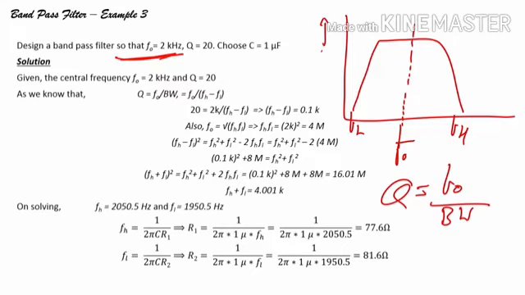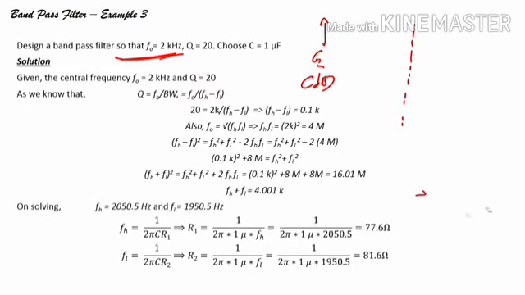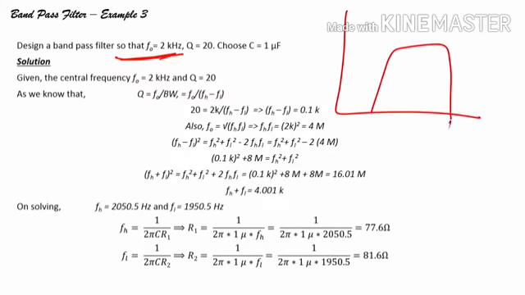This is again your gain in decibels, this is your frequency in hertz, correct, and then Q equals FO by bandwidth. What is bandwidth? Bandwidth is nothing but upper frequency minus lower frequency, FH minus FL, so its term is positive, right. If you have this FH, FL, FO, bandwidth.